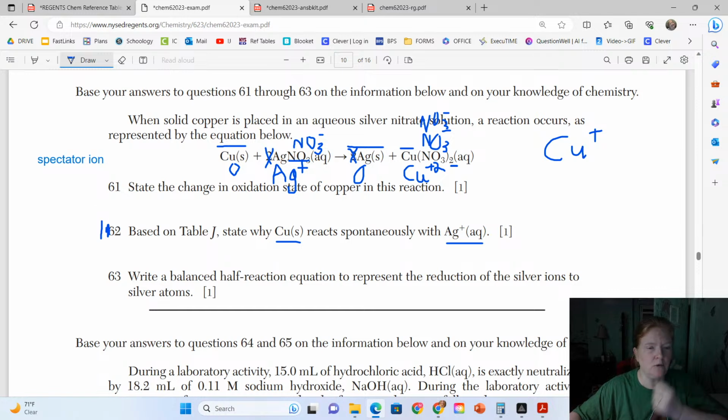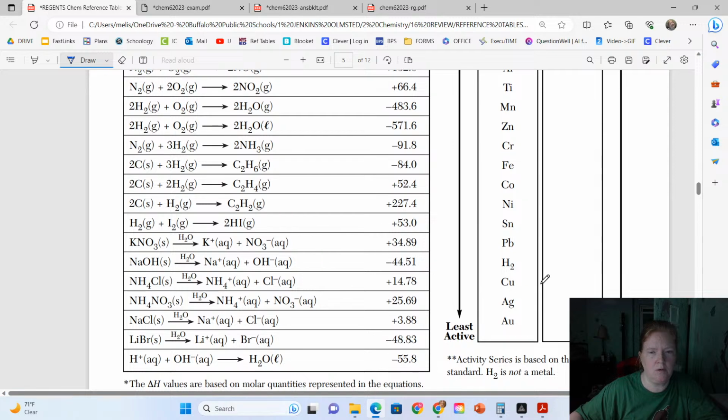Yeah, I can go over it again, but I'll erase it and go over it again. Let me do this one and then I'll go back over it. Okay, so why Cu reacts with Ag plus. So here's say Cu, here's Ag. Now what I want you to notice